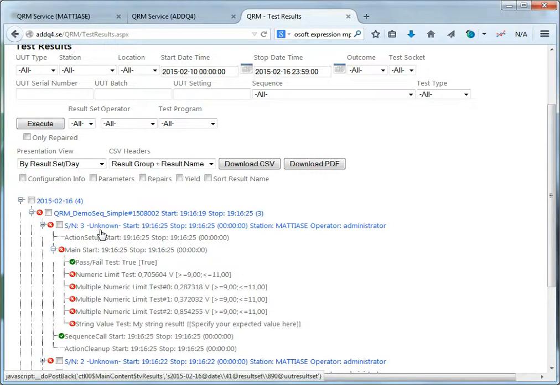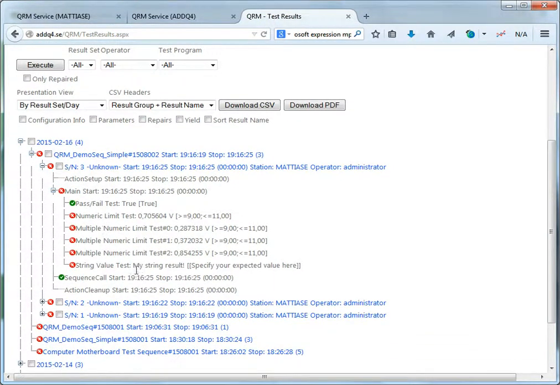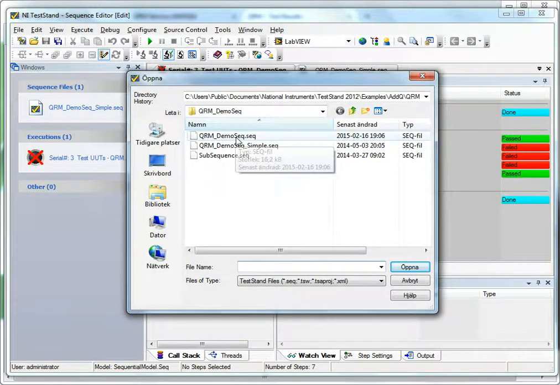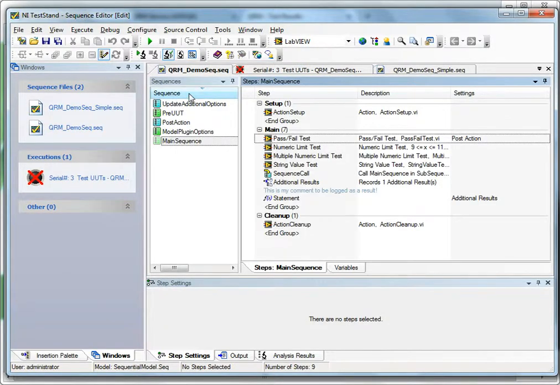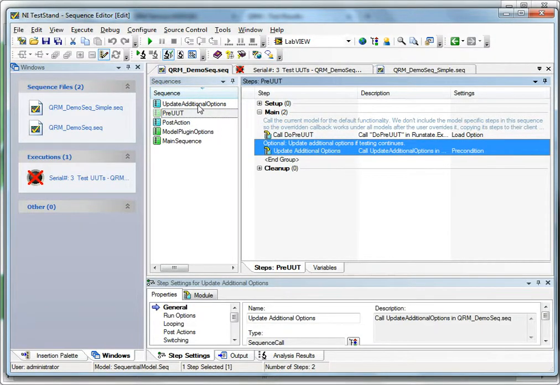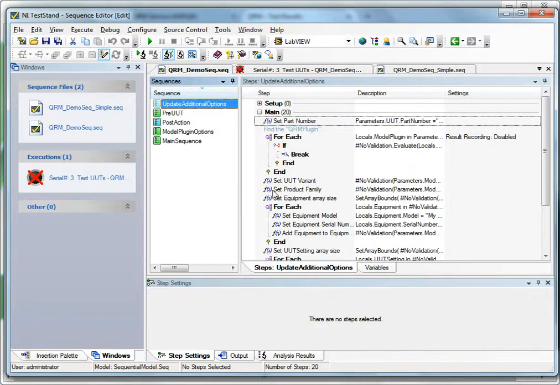And if I go back to TestStand, as you saw here, there was unknown. We don't see as much information about the UUT as we would like, so you can actually add some more information to QRM in the TestStand sequence. If I open the demo sequence, then I get some callbacks as well. Here I can update some additional options that we can send to QRM. We can set the part number, the UUT type,